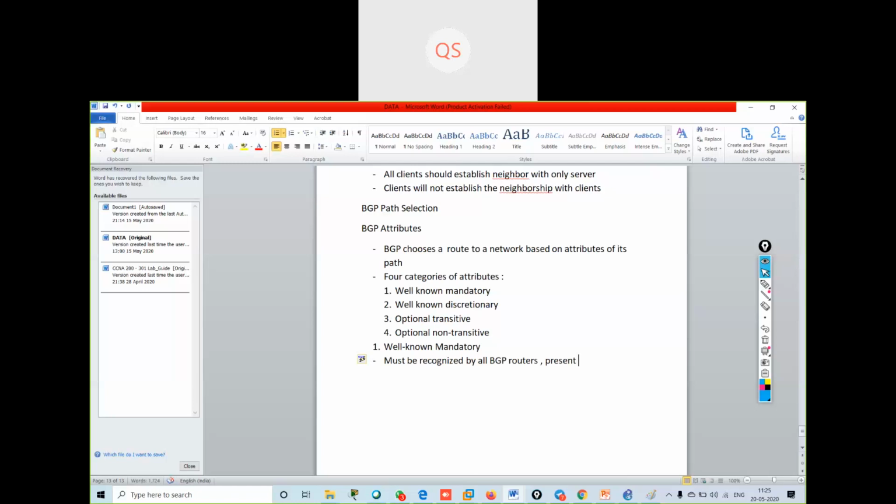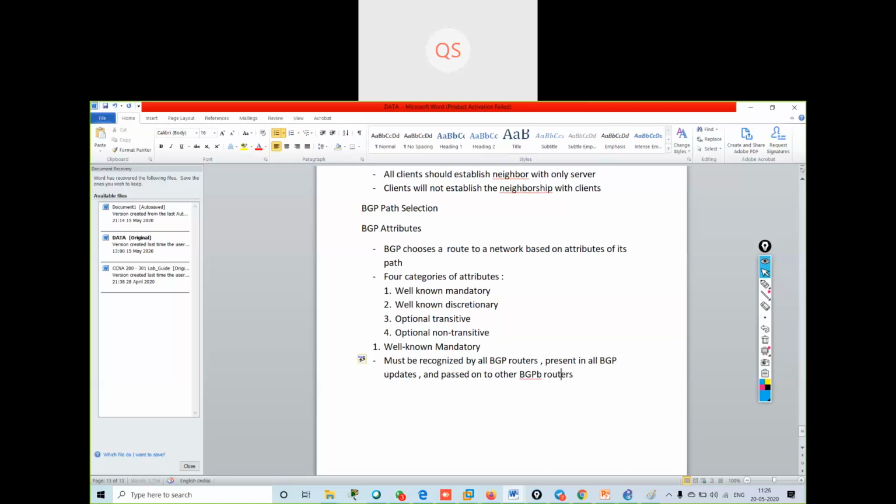It is present in all BGP updates. In all BGP updates, we will have these well-known mandatory attributes, and they will be passed on to other BGP routers.